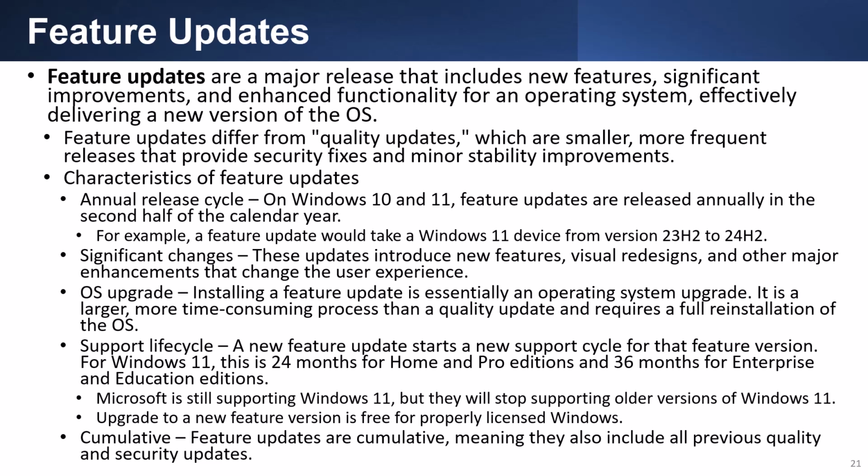Installing a feature update is essentially an operating system upgrade. It is a larger, more time-consuming process than a quality update and requires a full reinstallation of the OS. Support lifecycle. A new feature update starts a new support cycle. For Windows 11, this is 24 months for Home and Pro editions and 36 months for Enterprise and Education